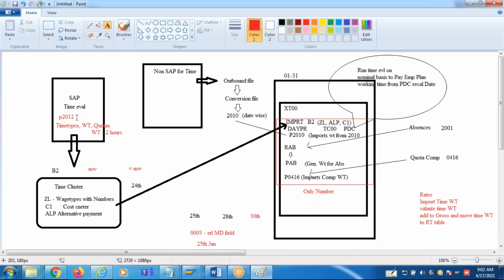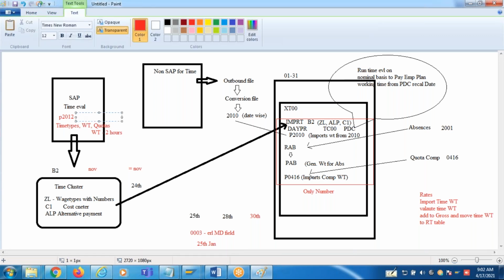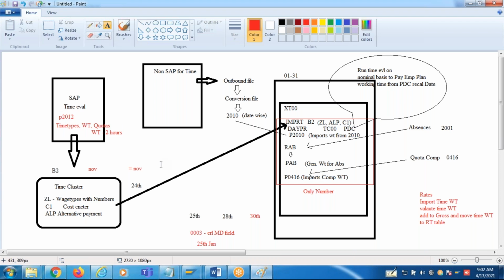You can do it using 2012. Clear? You can increase or reduce or replace the time wage types, time types or quota balances generated, using the 2012 infotype. That's called time transfers.